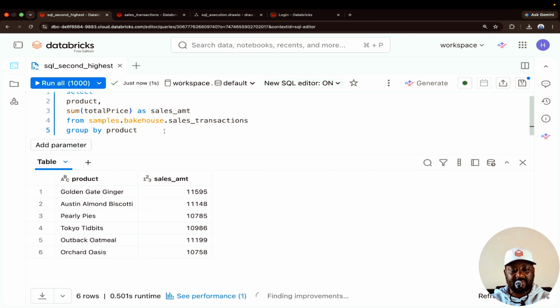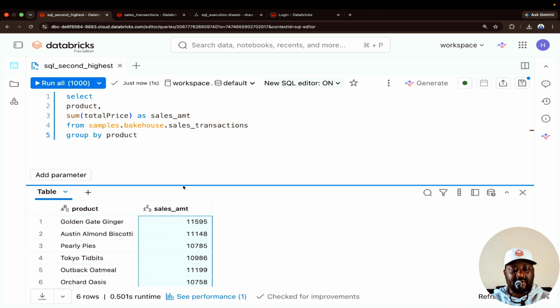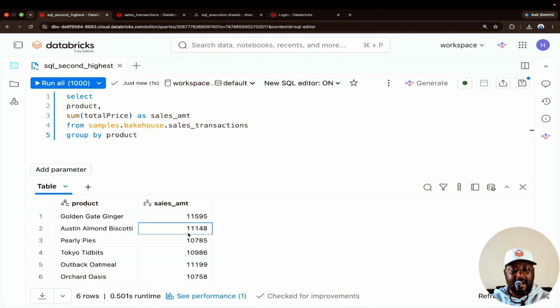Now this is what we got, right? You can see that we have these particular values and they're not in any particular order. This looks like this just by default happens to be the highest, but look at this. This is the second highest, but it's found on the 5th row, right? It's just misarranged, not according to any order. But just for this video, we want to order it by the highest, right? The highest to begin, followed by the second in that order,